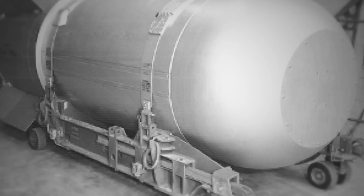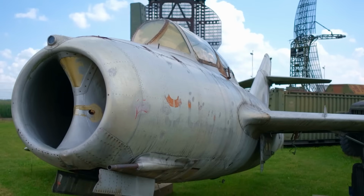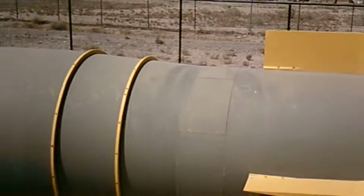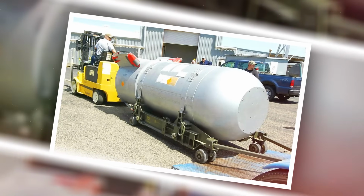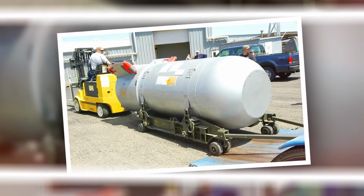defense priorities. Despite its intimidating capabilities, the retirement of the B-53 marked progress in moving away from the confrontational posture of the Cold War. At present, it serves as a historical reminder of the dangerous heights the nuclear arms race once reached. It raises ongoing questions about whether such powerful weapons genuinely promote peace or simply contribute to greater global